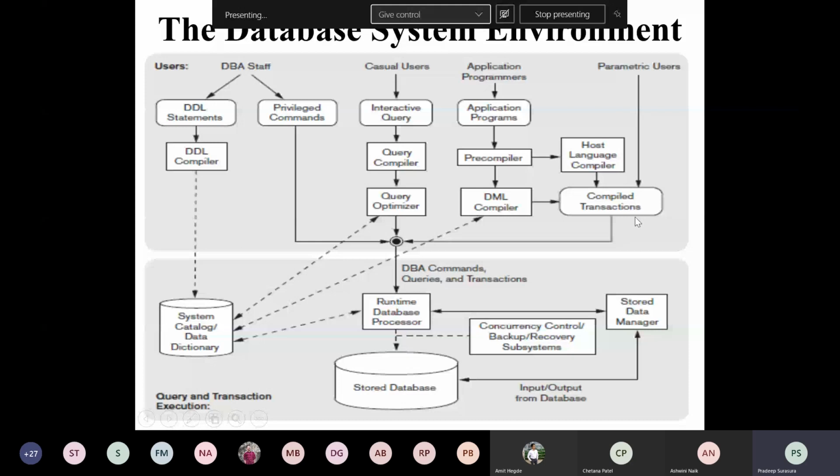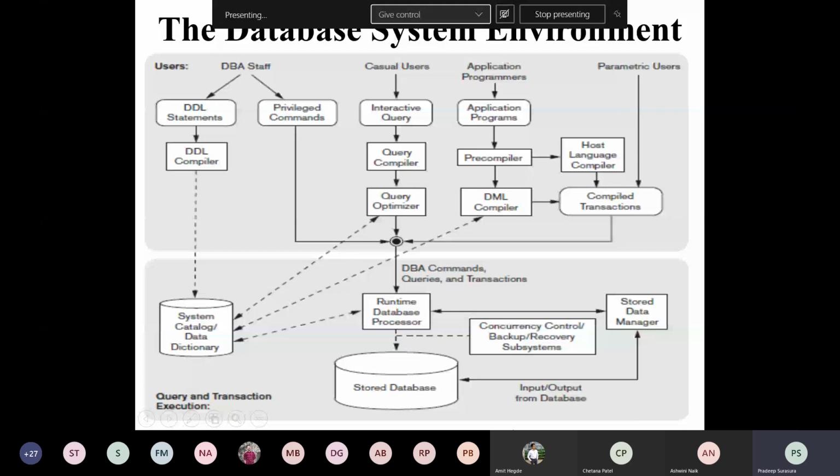It is the normal execution of a query only if I am executing directly from the database. If I am executing the same query from outside the database, it should be through a specific transaction. Whenever I'm using this kind of querying, it is always a DML statement, data manipulation language statement. All the commands written just to query are DML statements.